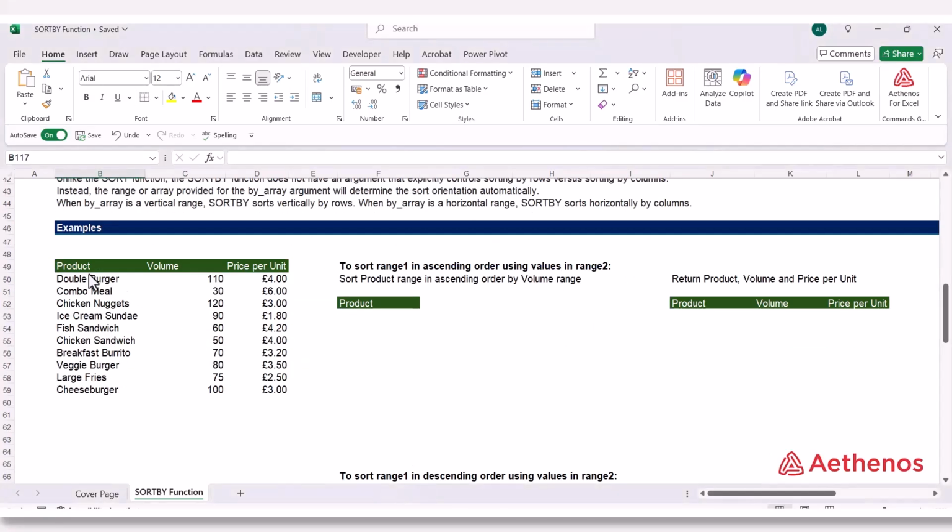So here we have some products, the volumes, and then the price per unit. And let's say we want to sort product range in ascending order by the volume range. So basically we are sorting the product range by another range, which is the volume range. So let's see how we can do the function. So we type equals sort by,